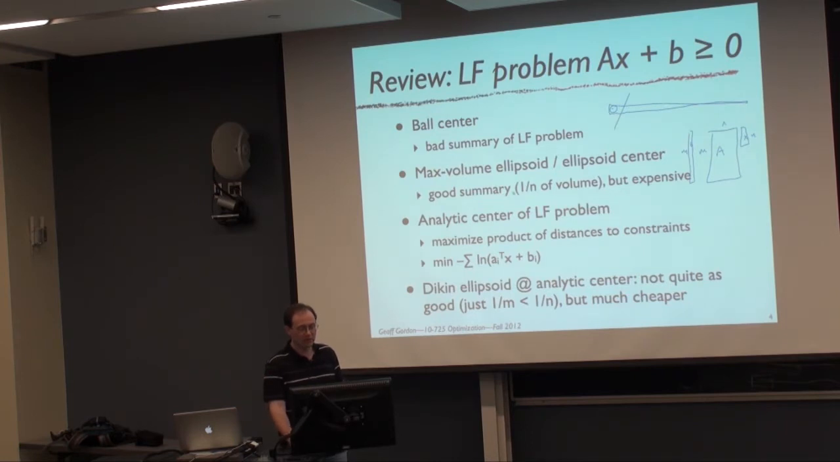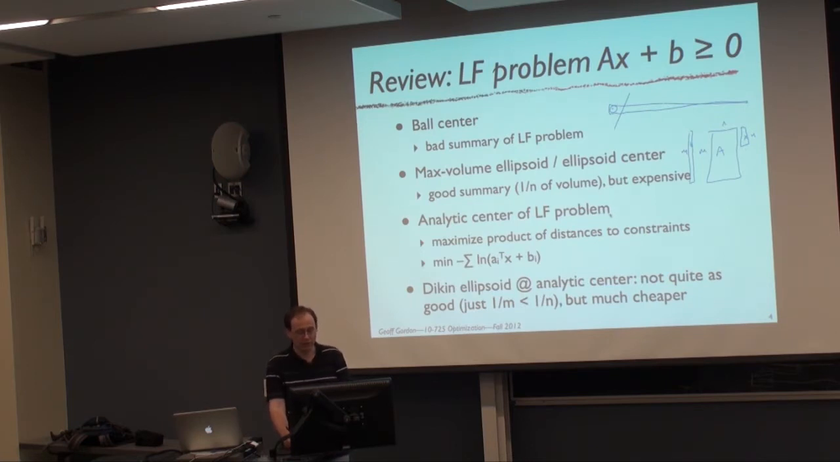And then we talked about finding the max volume inscribed ellipsoid, which is a much better way of summarizing a feasible region. You can actually prove that it contains 1 over n of the volume in n dimensions, but it's kind of expensive to find it. And then we talked about what we're going to be talking about today: how to get some of the benefits of the max volume ellipsoid without having to pay the price of finding it. All right? And the way we started on that was to define an analytic center of the linear